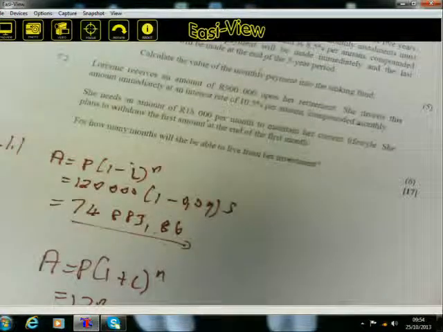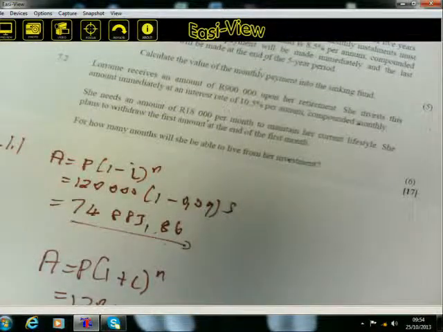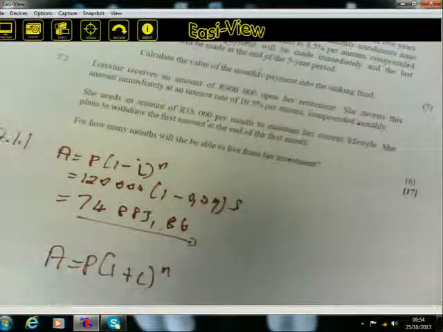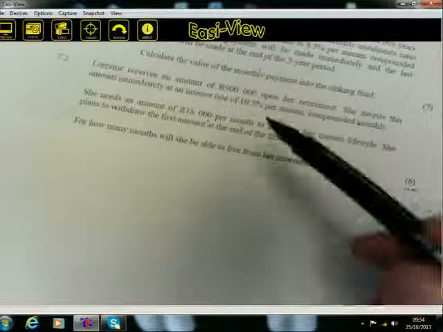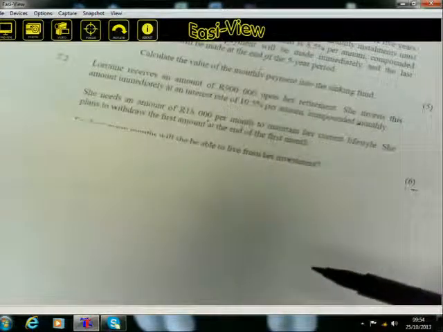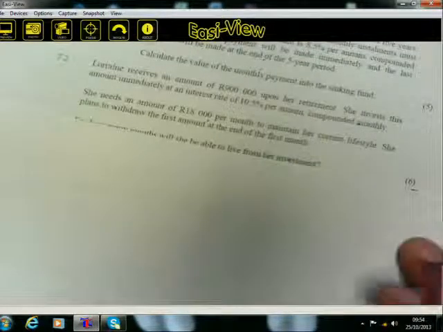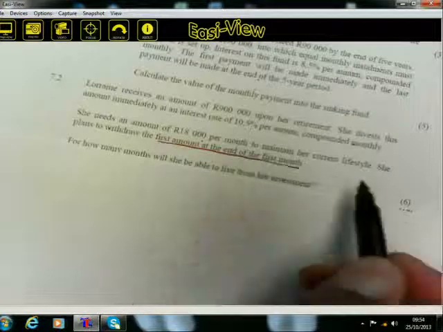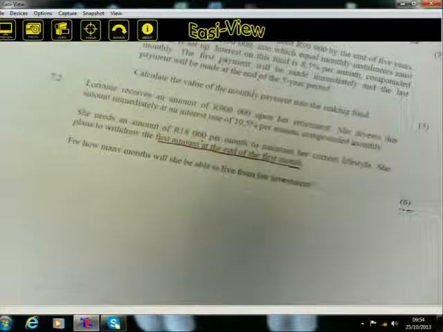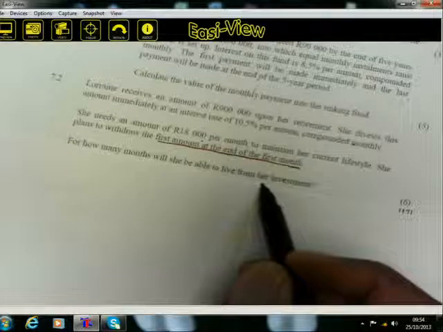Let us look at this one quickly here. Lorraine received an amount of 900,000 upon her retirement, and then she invested this amount immediately at an interest rate of 10.5% per annum, compounded monthly, and she needs an amount of 18,000 per month to maintain her current lifestyle, and she planned to withdraw the first amount at the end of the first month. Good people, this is very important here. At the end of the first month, how many months will she be able to live from her